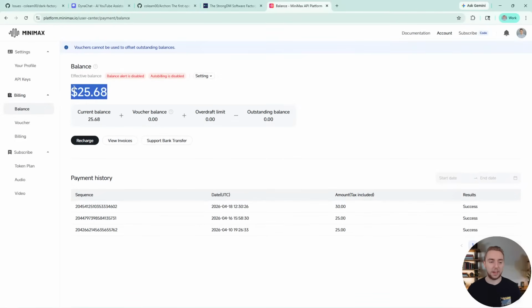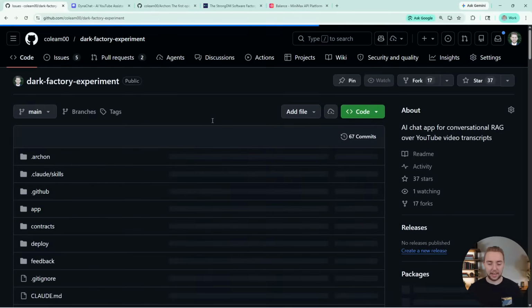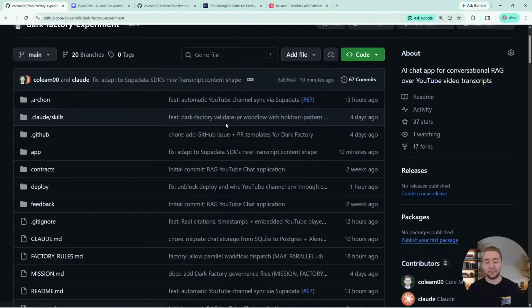So we'll see this balance tick down. I've already spent $80 on API credits. Well, I guess not 80 because I have 25 left, but I've spent $55 already on Minimax M2.7 API credits just as I've been testing things, because I've spent millions and millions of tokens as I've been building this up, testing different workflows and things like that. So yeah, I've been spending so much time on this this week.